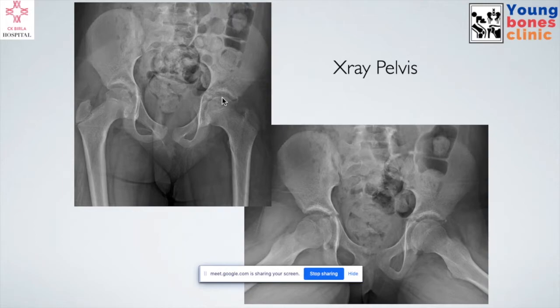The joint space is preserved, the radiolucency is preserved, the hip is stable. No clear-cut diagnosis can be made on an X-ray. Of course, such cases have two most important differential diagnoses: either a transient synovitis of the hip, where all investigations are normal, or something called idiopathic chondrolysis, which we discussed, where there is cartilage damage and that incites a lot of inflammation and precipitates a sequence of events.